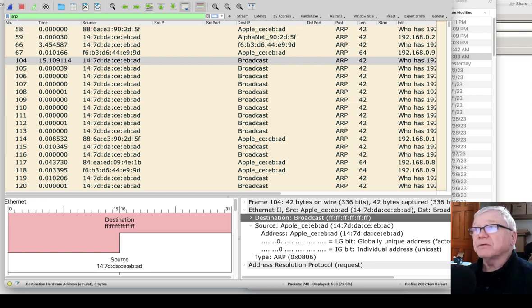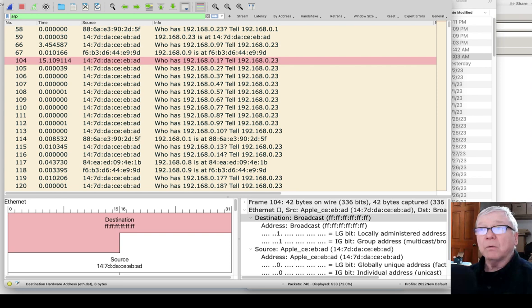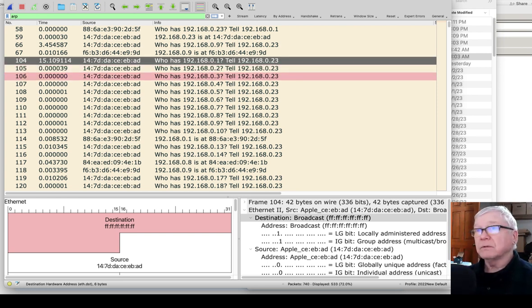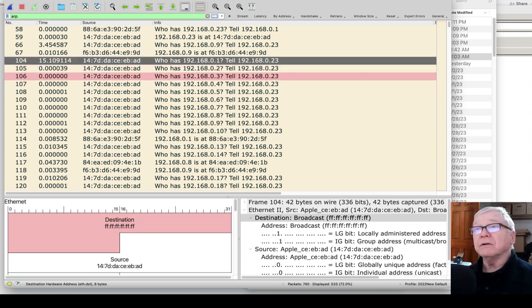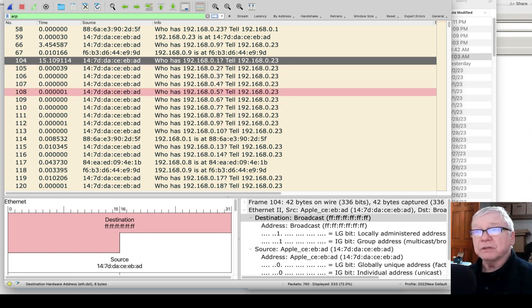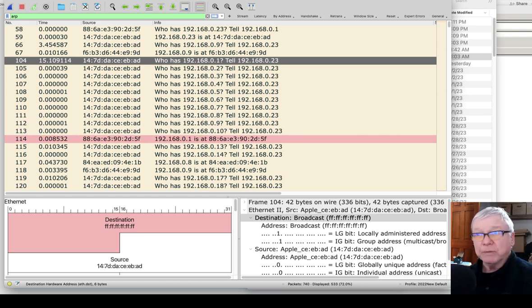And the ARPs are saying, let me move this over here, who has .1? Tell me. Who has .2? Tell me. Who has .3? Tell me. So does this look like somebody scanning our net? Yeah, they're calling out individually to each individual device, and the devices that are currently up, because it's ARP, will reply.